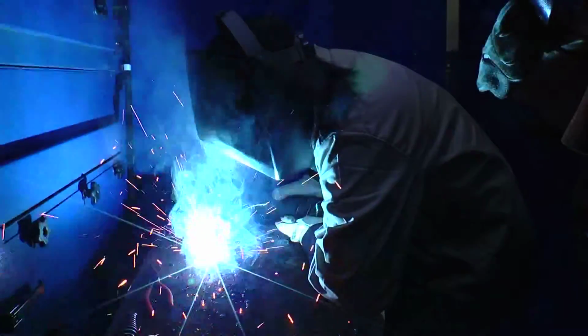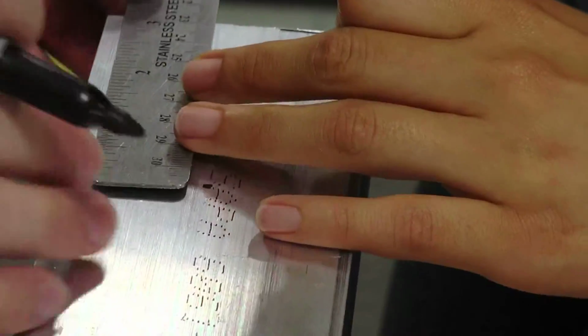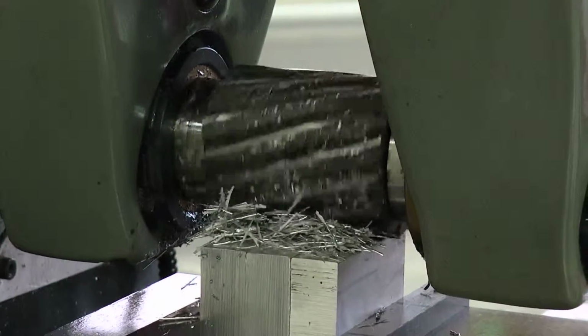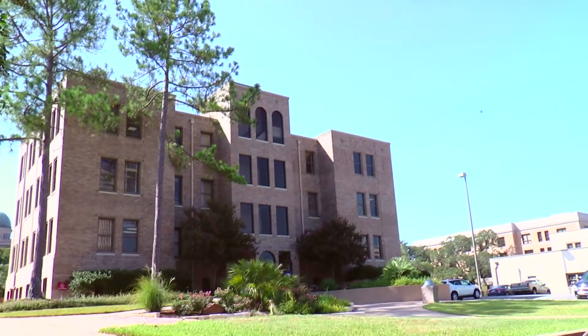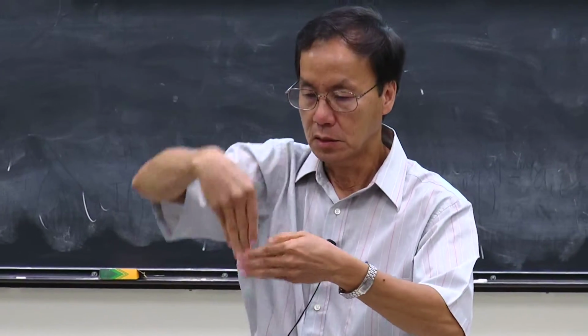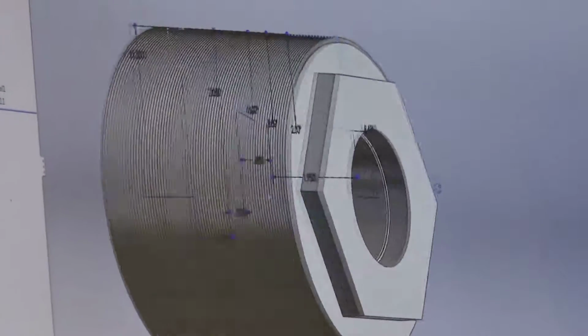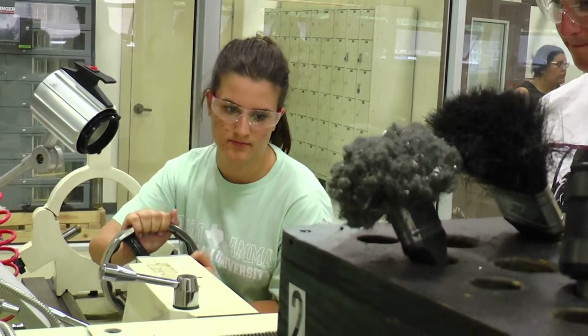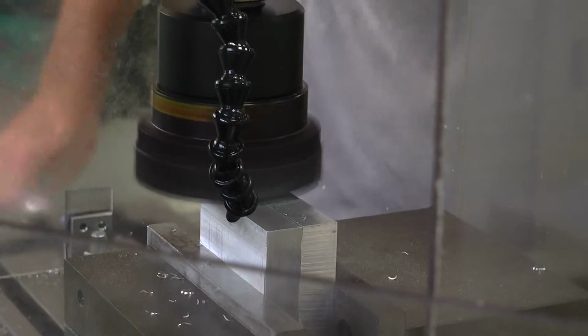Applied, hands-on education. That's the mission of the Manufacturing and Mechanical Engineering Technology, or MMET, program in the Department of Engineering Technology and Industrial Distribution at Texas A&M. We teach our students how to turn ideas into designs and manufactured products. The Engineering Technology and Industrial Distribution Department houses 3 undergraduate education programs that offer applied, industrial-oriented educational experience to the